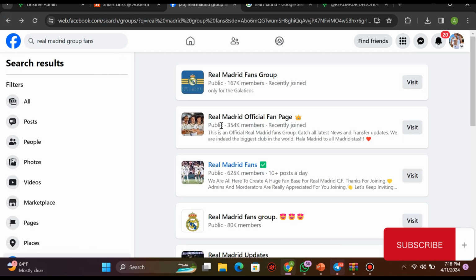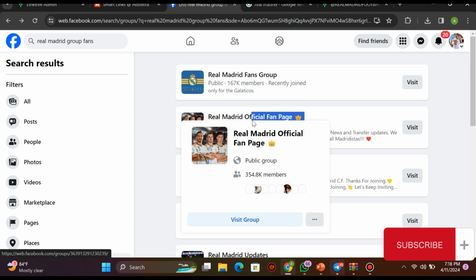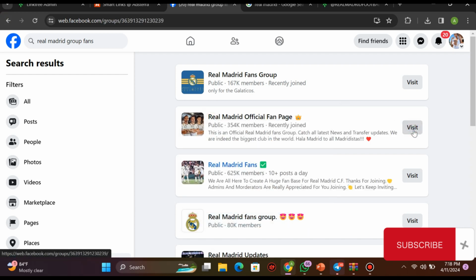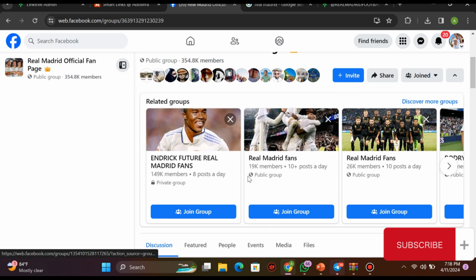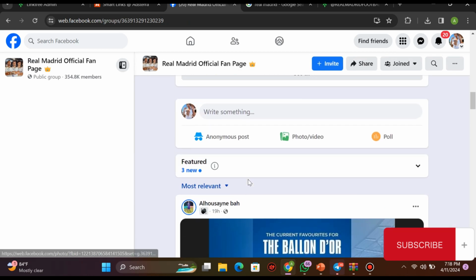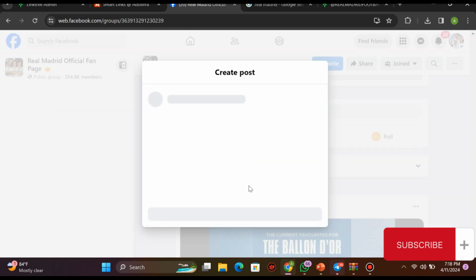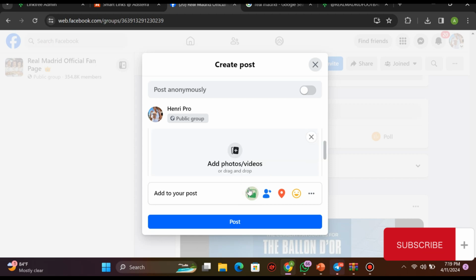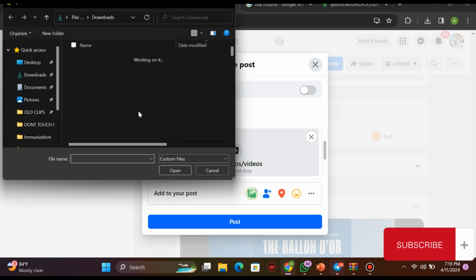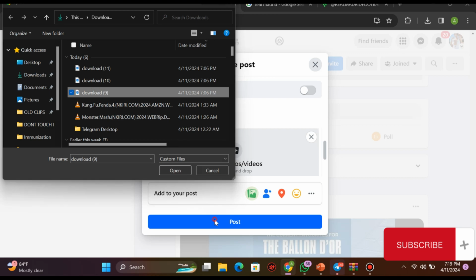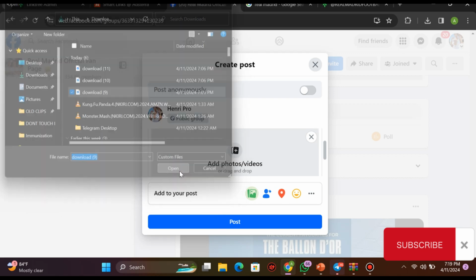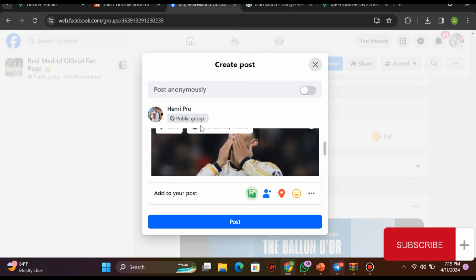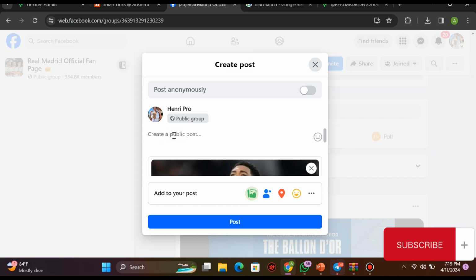So I have this one, Real Madrid official page. So I can decide to visit the page and scroll down here and decide to type in something here. So before I type in something, I have to add a picture which will serve as something attractive, as if it is Real Madrid. So I'll click on that and then come here and then okay, I'll open it this way. So this is the Real Madrid picture,